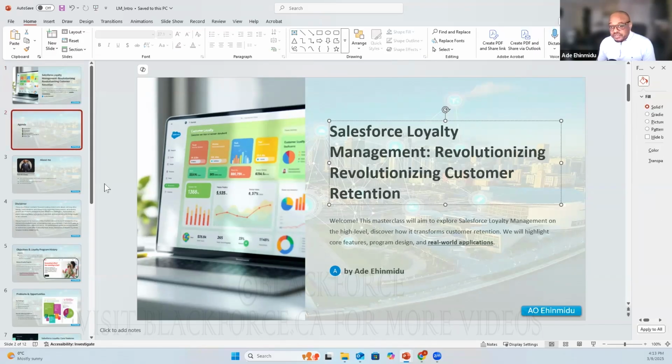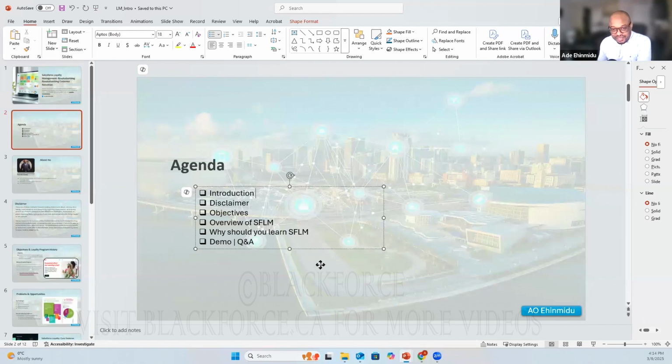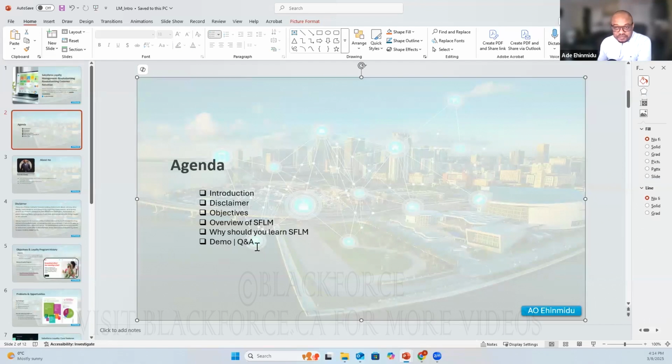On my agenda today, I don't know how much I could actually introduce myself more than what Babatokbe has done, because I am a student of this community and I am still learning. All thanks to the vision that he had for a lot of immigrants in this community. So I will give a little bit of background of myself, and we will go through a disclaimer that we have created as a Blackforce community.